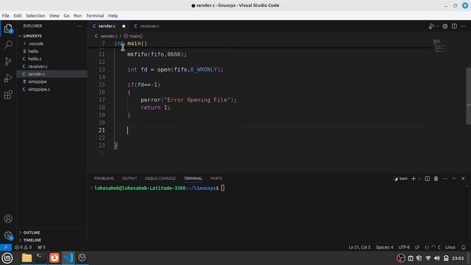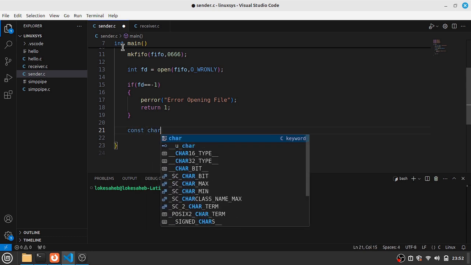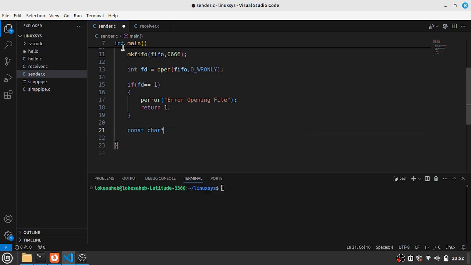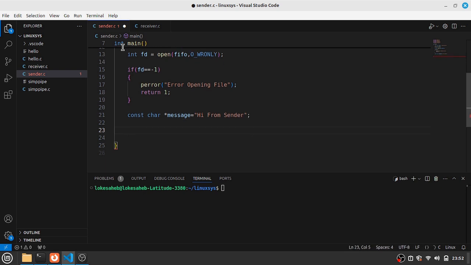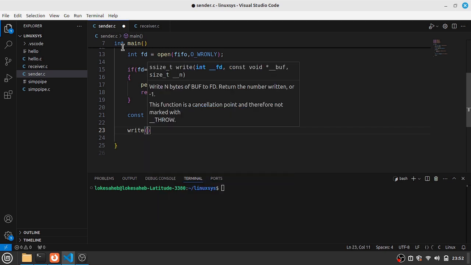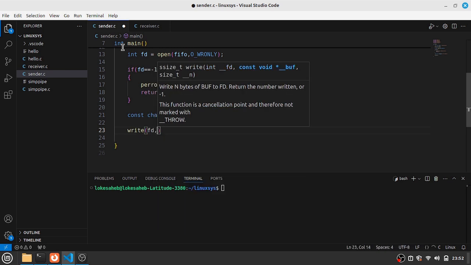So here when we return 1, that means the program was executed unsuccessfully, or like the program failed essentially. Okay, so continuing, now that we have to transfer the message, "hi from sender". Okay, and here we'll write that to the file descriptor,